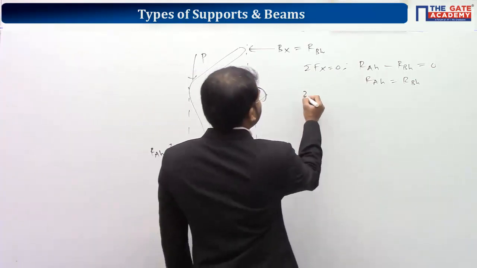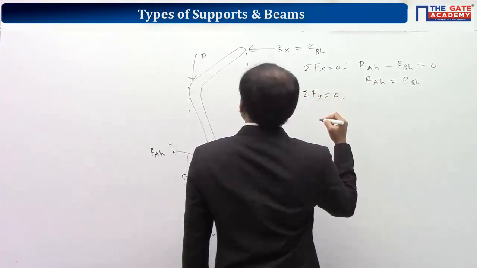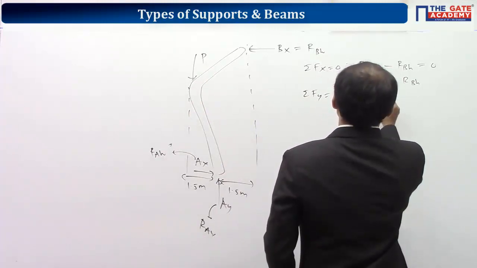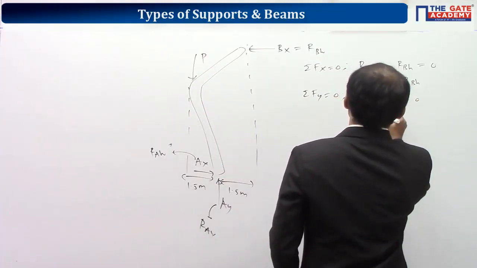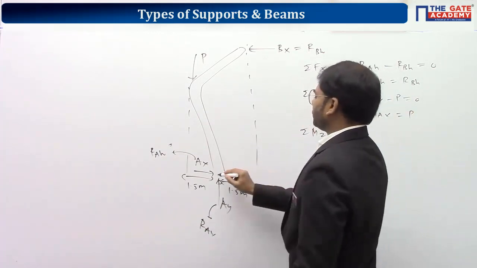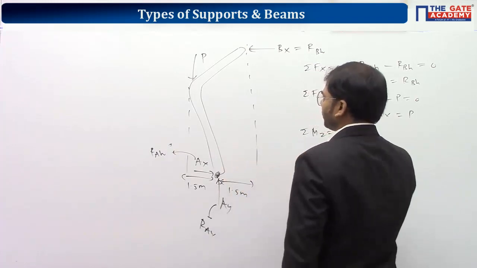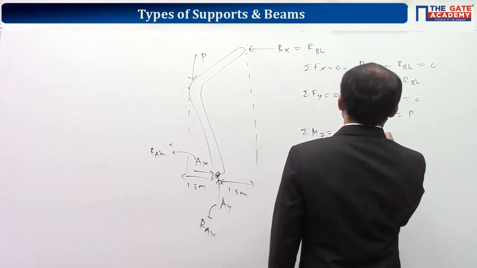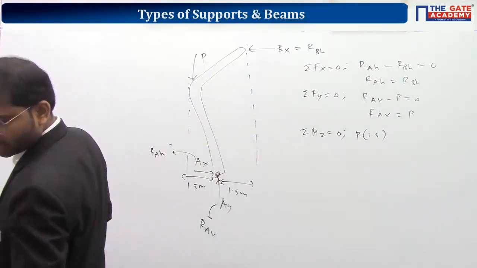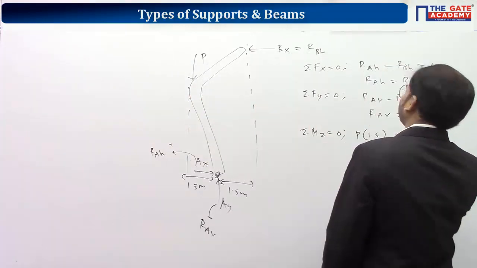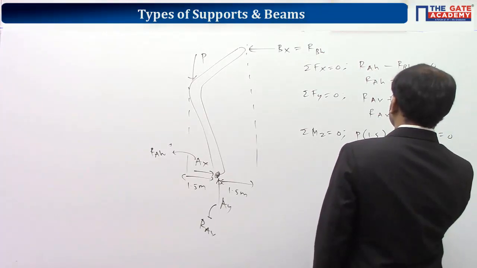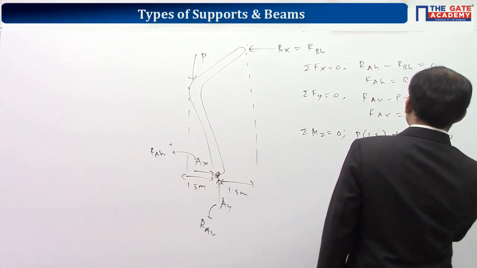Okay. If you write down the other equations, I'm just writing down the equations, not solving them. Sigma Fy equals 0 means P is acting downside, RAV is acting upside. So RAV minus P is equal to 0. This gives you RAV is equal to P itself. Now if you take Mz is equal to 0, I'm taking moment about this point because more number of unknowns are passing through this point. So P into 1.5 anti-clockwise and RBH into the whole height, that is given in the question as 6 plus 2, 8. So plus RBH into 8 is equal to 0. This gives you RBH is equal to minus 1.5 into P by 8.